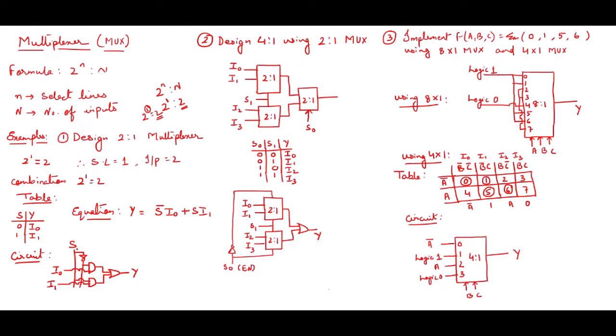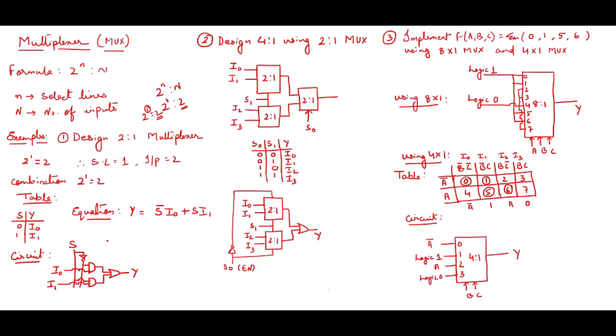Now what I have done is designed the circuit over here, the schematic of the circuit. You can see S I have taken, this is a straight line for S, and this one goes through a NOT gate, so this stands for S bar. So I0 is coming with S bar; I have taken an AND gate, this leg is connected to S bar and this to I0, so this is giving me S bar I0. Similarly this one is giving me S I1. Finally it's all together, so Y equals this equation, S bar I0 plus S I1, right?